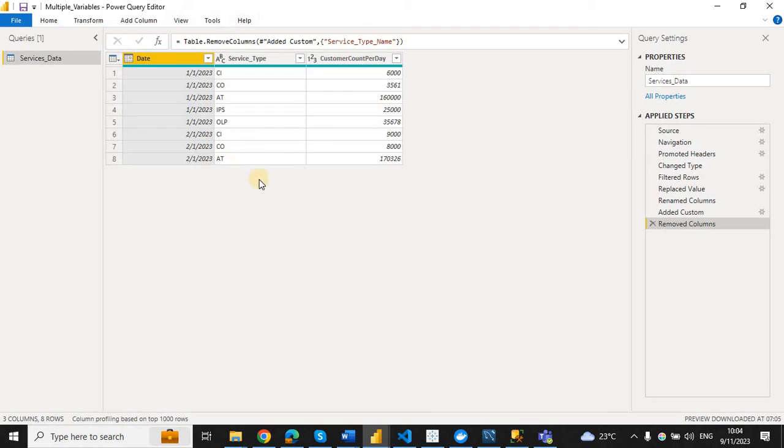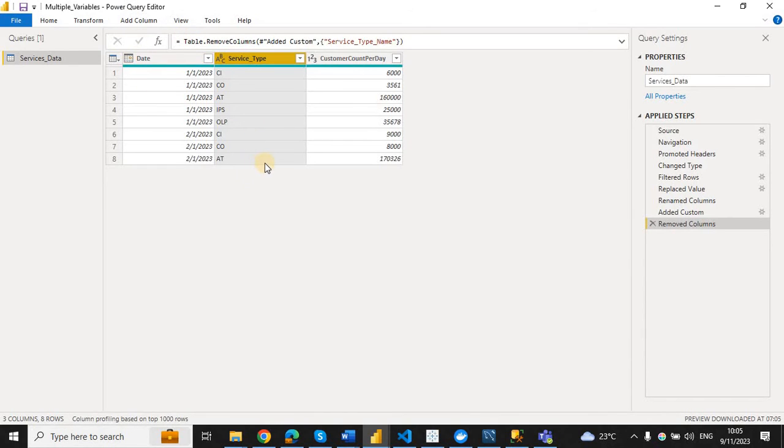In demonstrating how to create a conditional column with multiple variables, I'll use the service type column. Let me highlight it like this. I want to create a separate column with the complete names for all these abbreviations for the services that are being offered by this online payment platform company. So CI stands for cash in. Within the new column that I'll be creating with multiple variables, CI will be standing for cash in,